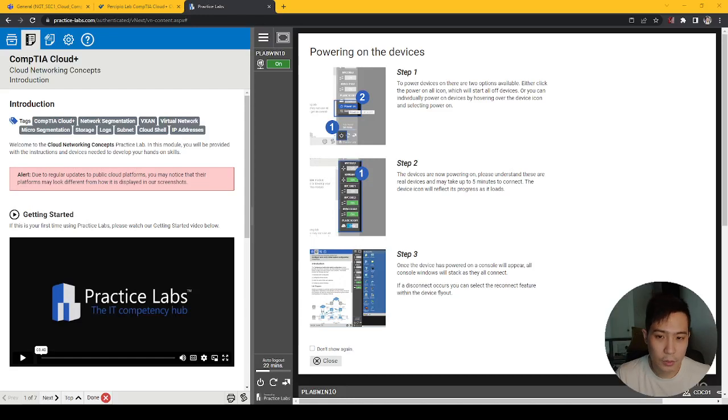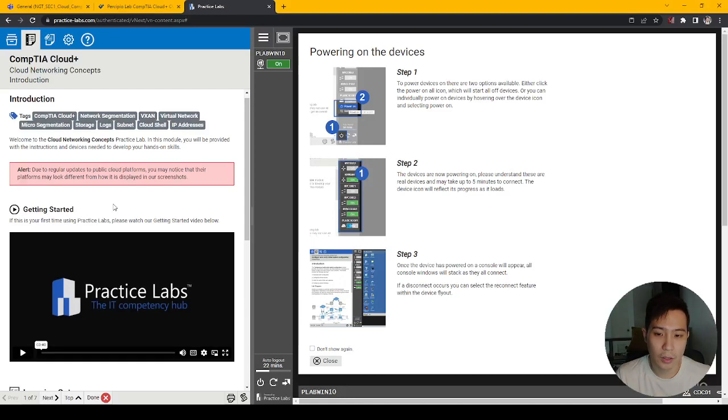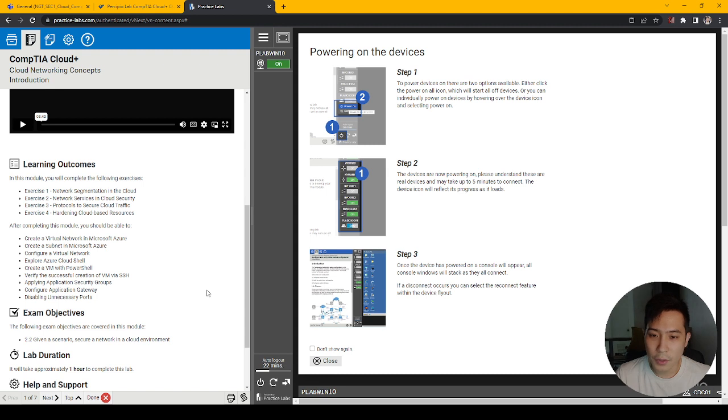So our next lesson will be on cloud networking concepts. In this module, we'll complete the following exercises. This will cover network segmentation in the cloud, network services and cloud security, protocols to secure cloud traffic, hardening